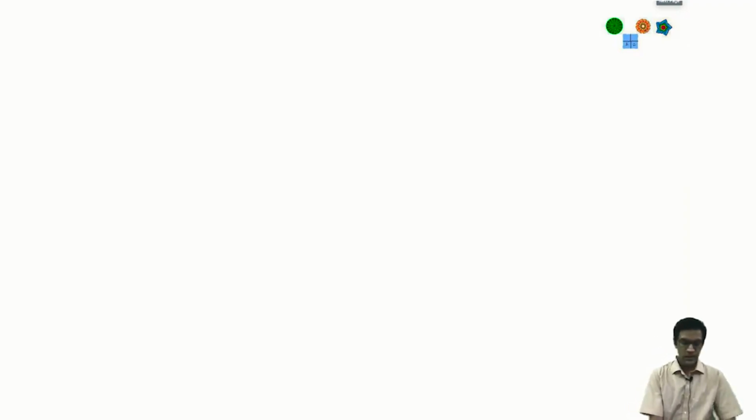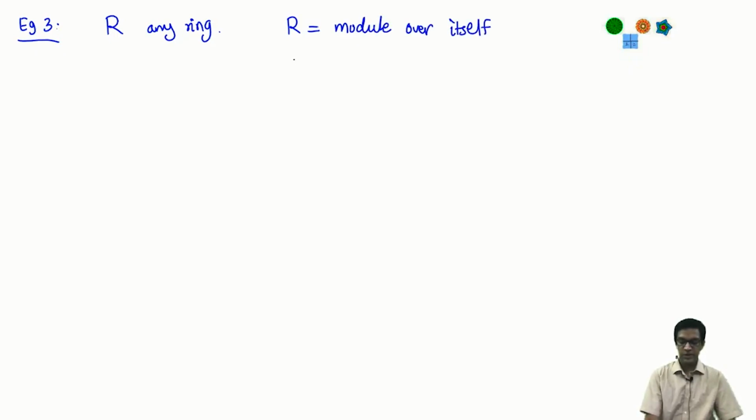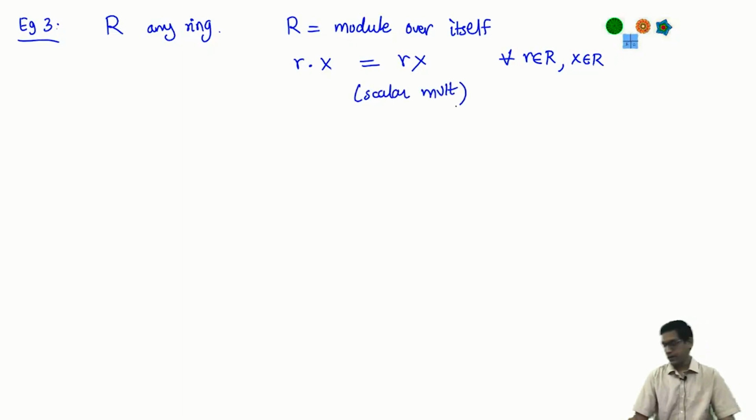Okay, now here's another interesting example, slightly more general, which is that suppose R is any ring, and recall that I can think of R as a module over itself, with respect to this left multiplication action. So how does a ring element r act, what is the scalar multiplication on x? It just multiplies r x. Okay, so this is the scalar multiplication operation, and addition is of course the usual addition on the ring.